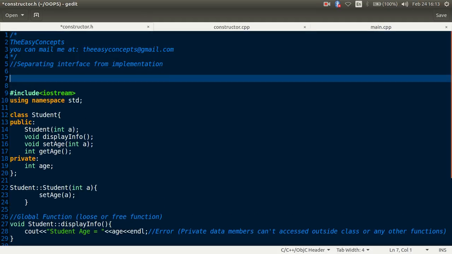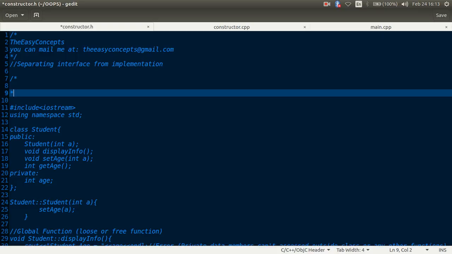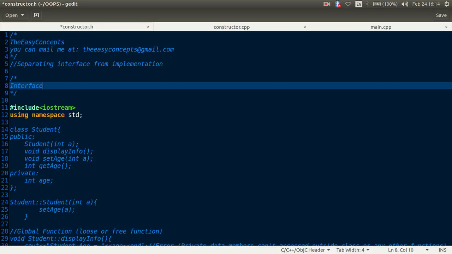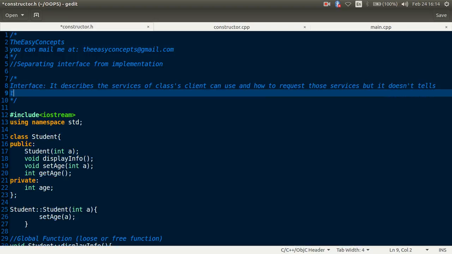Let us first discuss what we mean by interface. The interface describes the services of a class that a client can use and how to request those services, but it does not tell the way services are carried out.